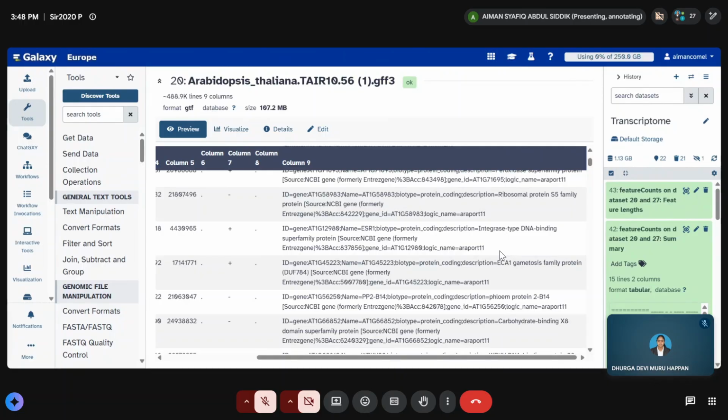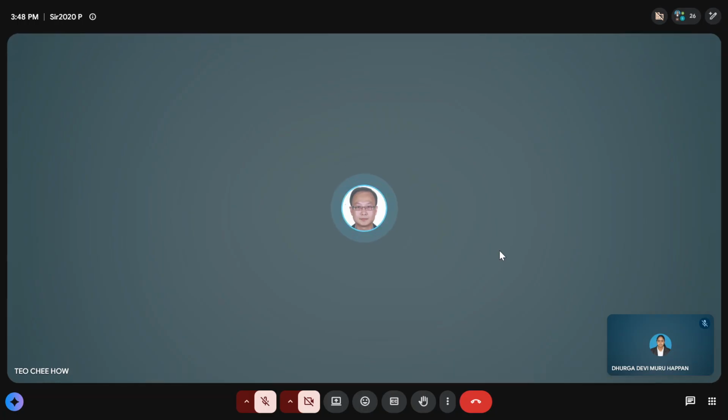Okay, so I'll try using the converter first. Yeah, you use a GFF converter. You just need to use it to convert GFF to GTF only. So you use a GFF read. Okay, maybe I show you now how you run. Okay, let me share the screen.